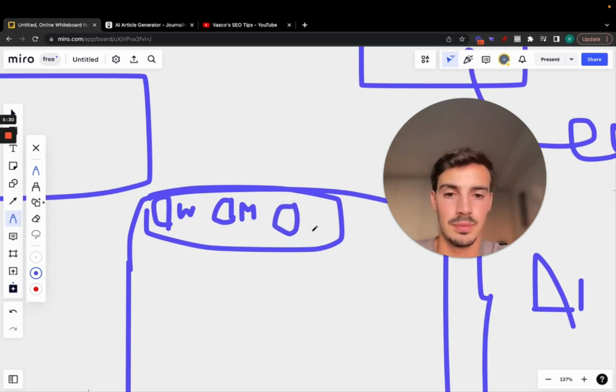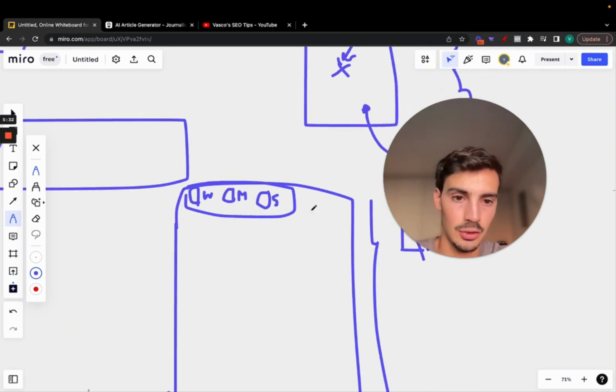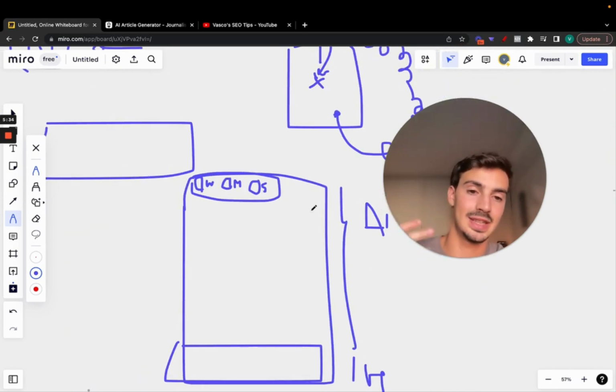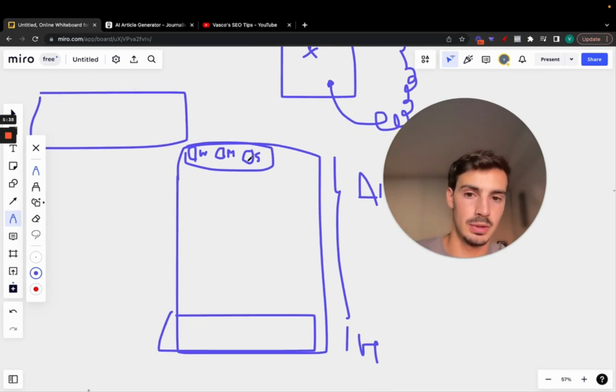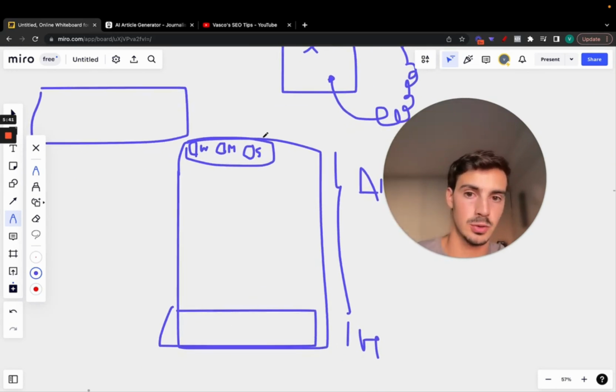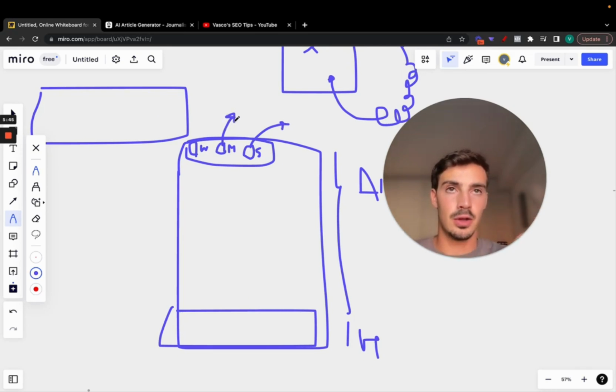This tells Google that yes, this article is AI generated, but there was a proofreading and a fact checking by two humans. There's this author box with links to their socials, right? To their LinkedIn, to their platforms where they're able to prove that these people know about the topic.